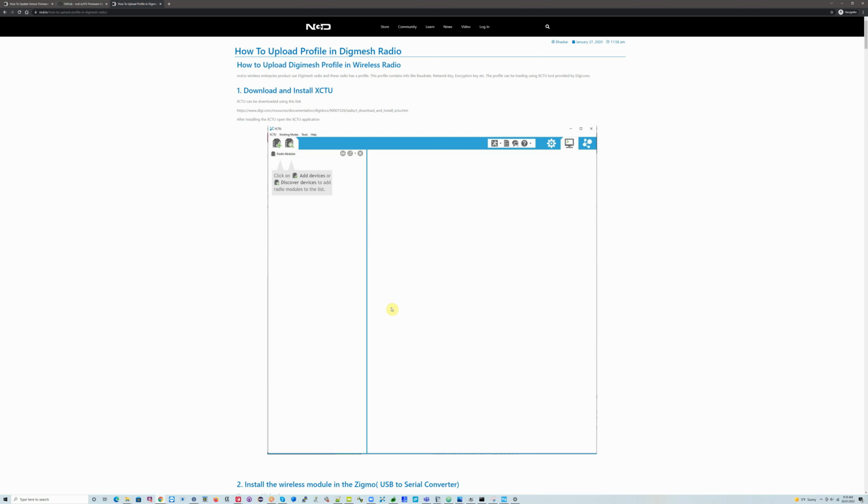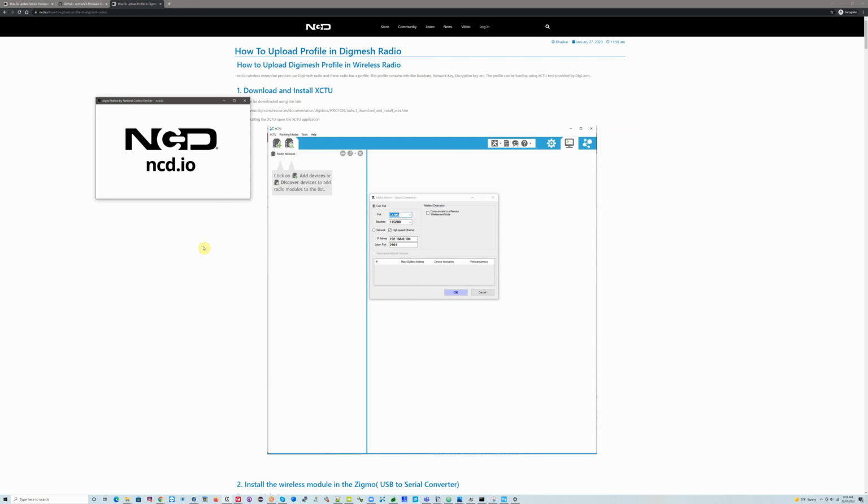Gonna talk about a very common issue sometimes users face when they try to use NCD USB modem or Ethernet modem and they can't talk to Alpha Station. So you might see an error like this. So let's go to Alpha Station. My port is 5. This is my baud rate. I'll connect